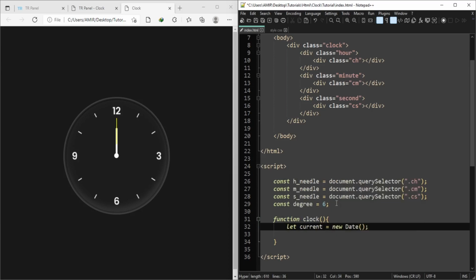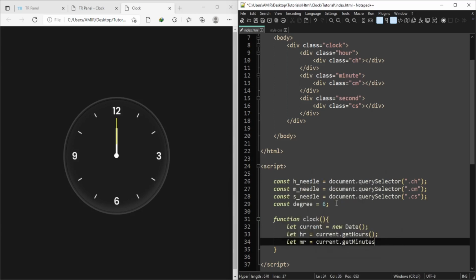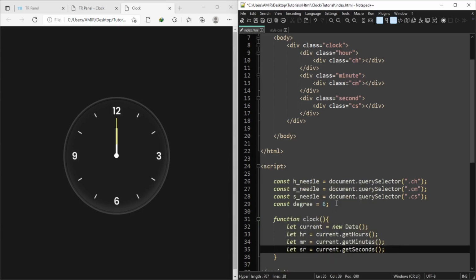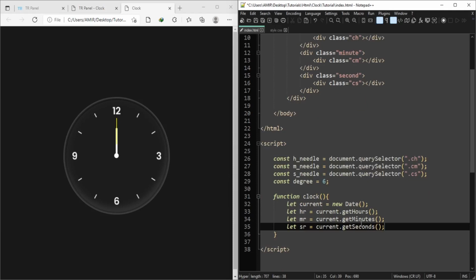Now we need to get the time for hour, minute and second separately because we have a separate stick or hand for hour, minute and seconds. Now the next thing we need to do is convert these times to the required degrees.